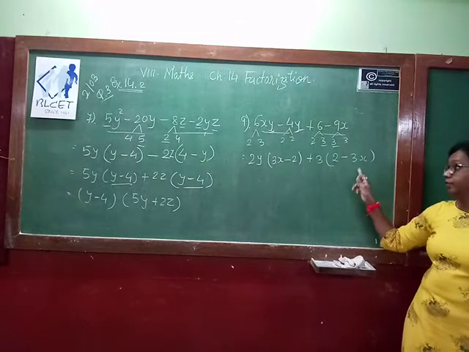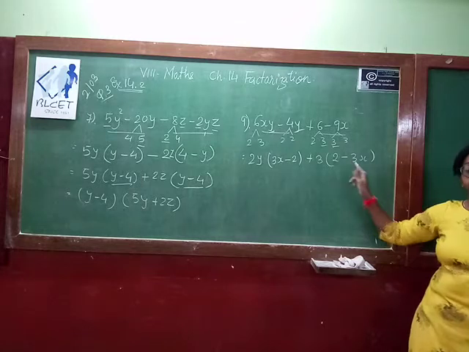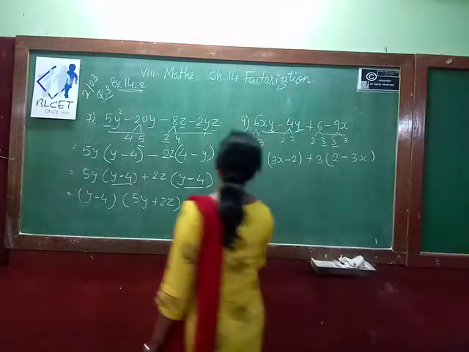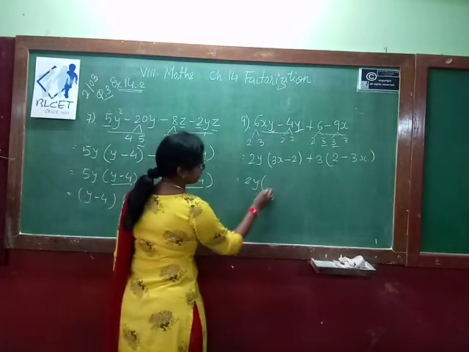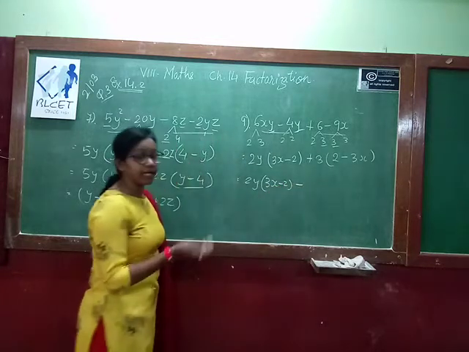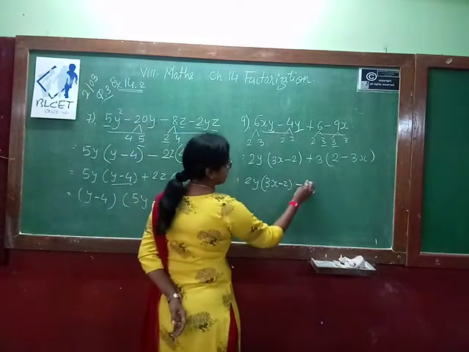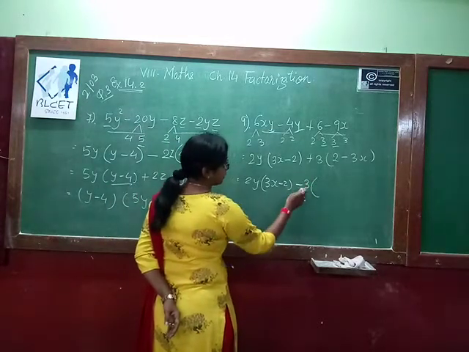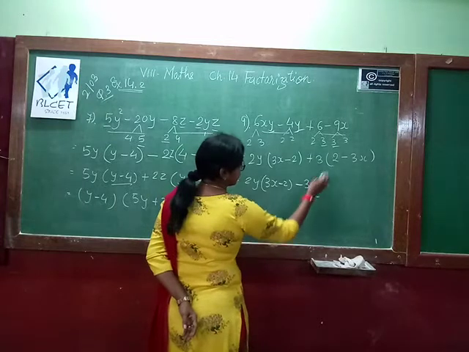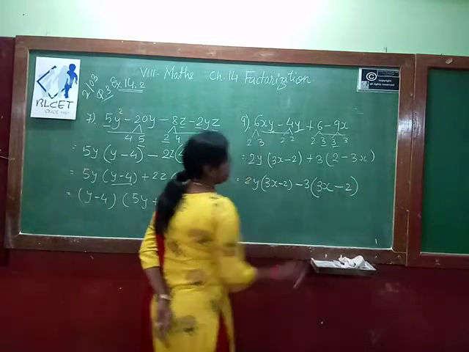So what we have to do? We have to take minus as a common, or you can say multiply by minus. So when we take minus out, 2y, 3x minus 2, so this plus becomes minus. We are multiplying by minus, or you are taking minus from the bracket, it is the same meaning. So minus 3 is plus becomes minus. So the inner term also changes. Minus 3x becomes plus 3x, plus 2 becomes minus 2.